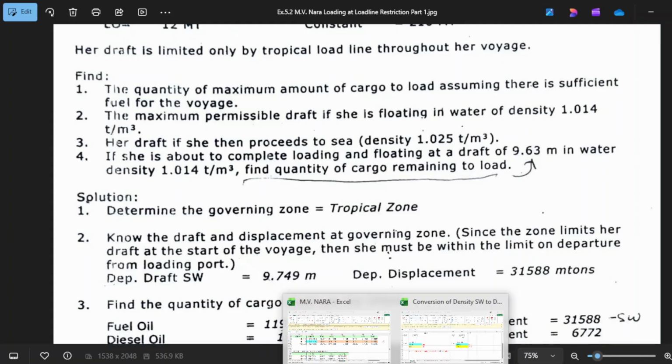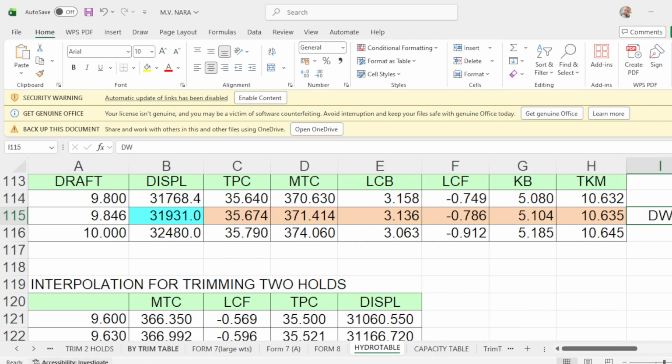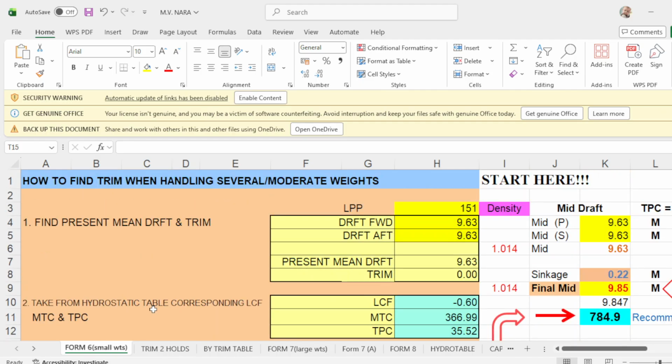I go to form number 6, which is how to find trim when handling several moderate weights.